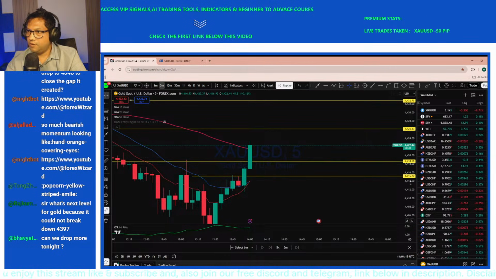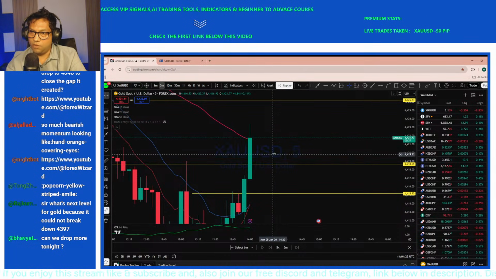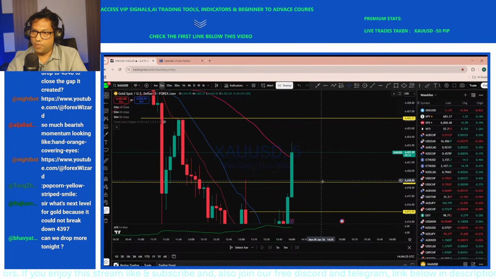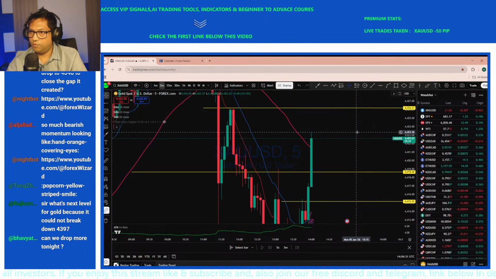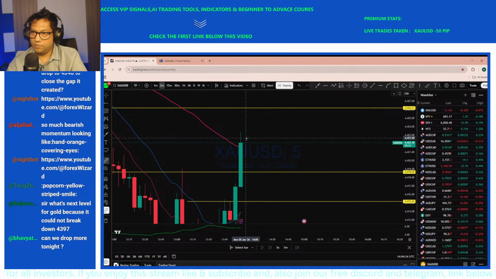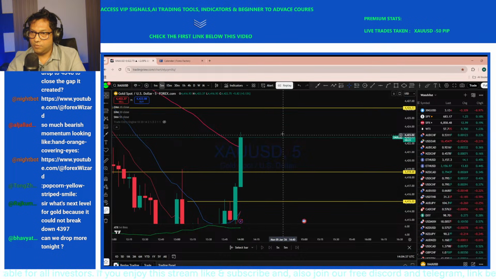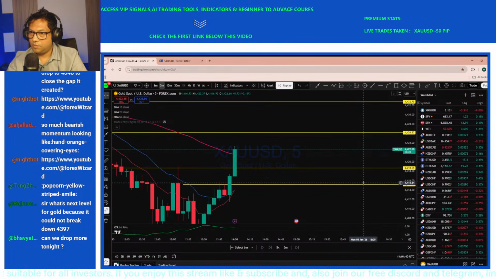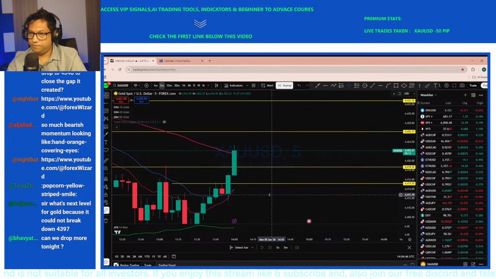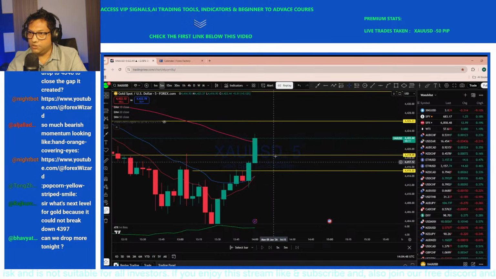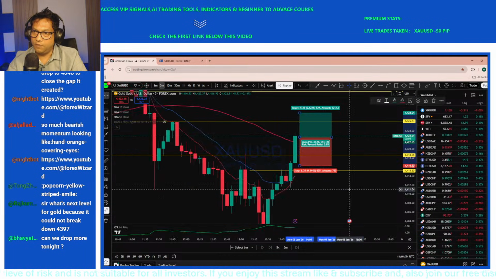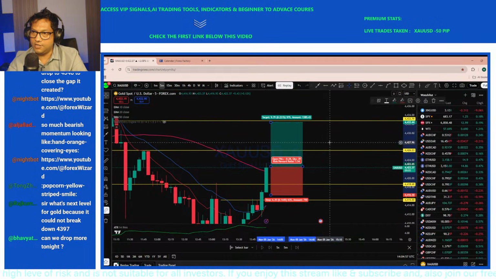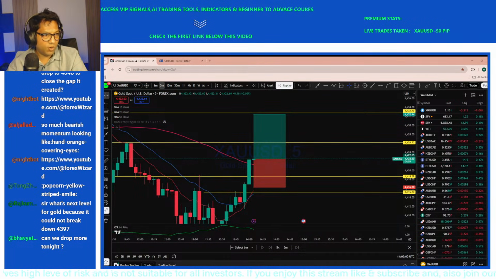The gap open, 5 minutes candle closing with a pretty stronger bullish with a gap open. So there's a crossover. This candle is important, so I'll be looking at long opportunity here, keeping the stop loss below this low, TP target in that area. This is the second trade that you will be opening,